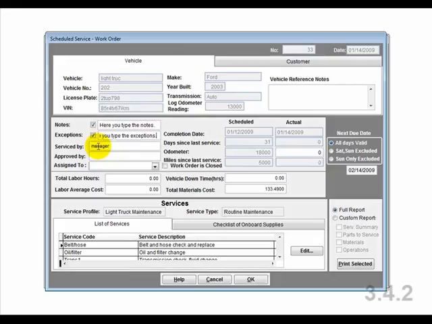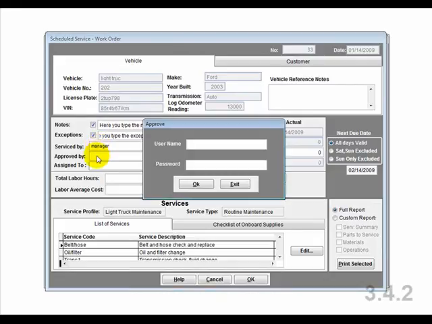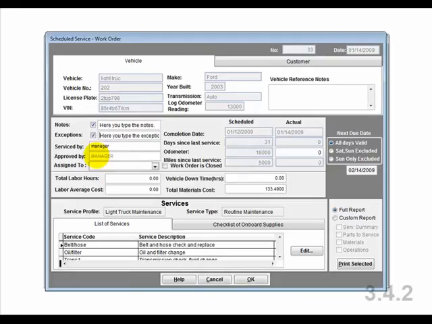Performed by. This field displays who created the work order and is automatically filled in with the username of the person who created it. Approved by. This field displays the person who approved the work order. The person approving the work order would click in this field, which causes a window to pop up, prompting them for their username and password. After their username and password have been entered, that user's name will be displayed here as the person by whom